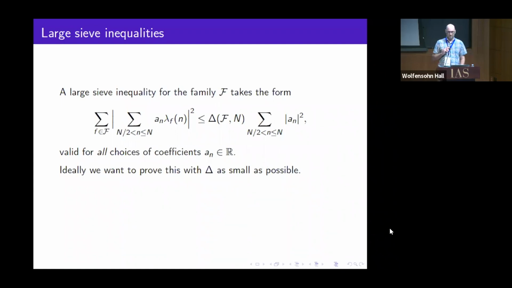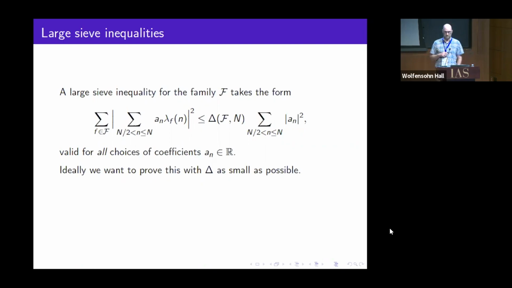It's a bound on a certain bilinear form. Inside the square here, you have some completely arbitrary vector of coefficients, these a sub n's, and you sum this up. So this is sort of like a dot product between your vector and your arithmetical data, your coefficients, and then you look at the sums of squares of these numbers, and we're looking for a bound in terms of what we'll call delta, this delta of F, n,